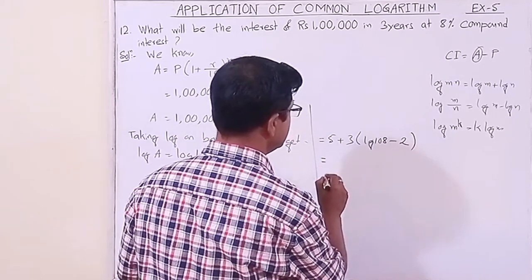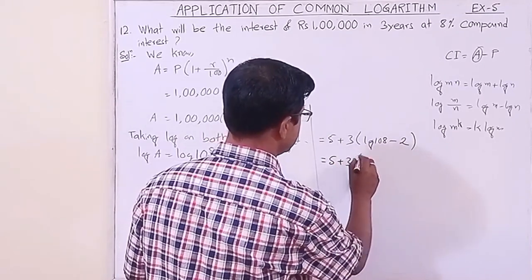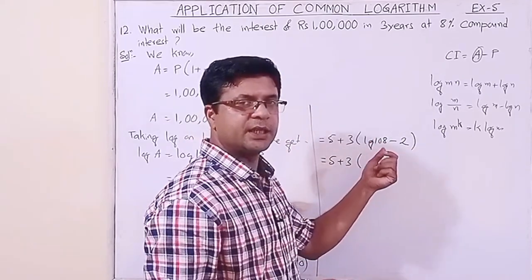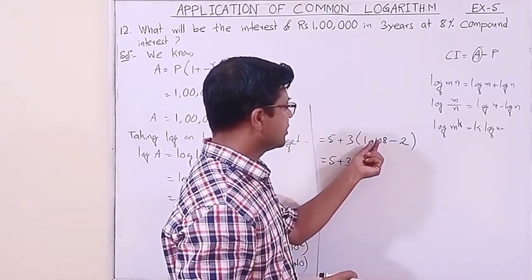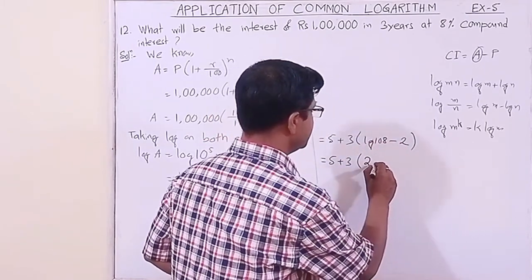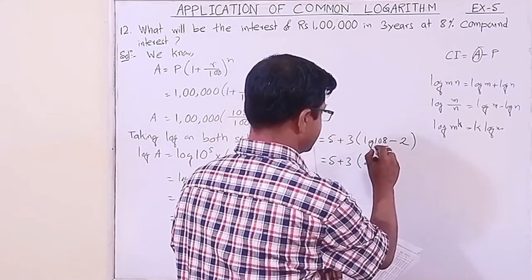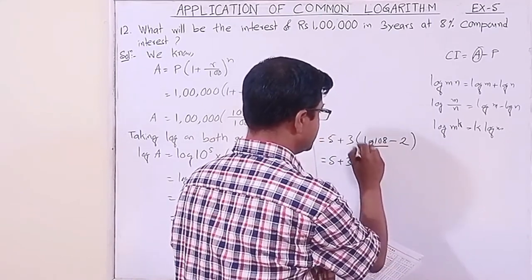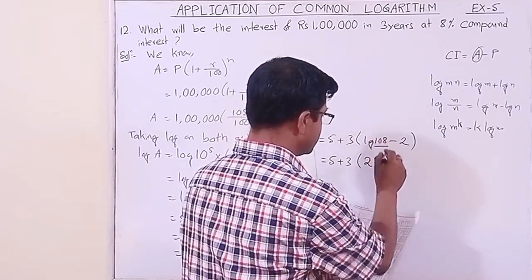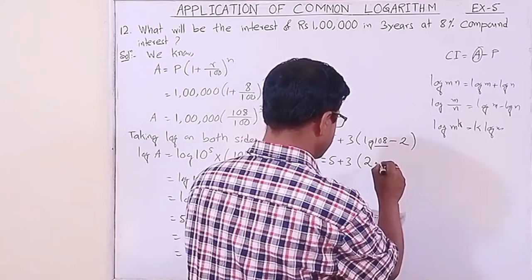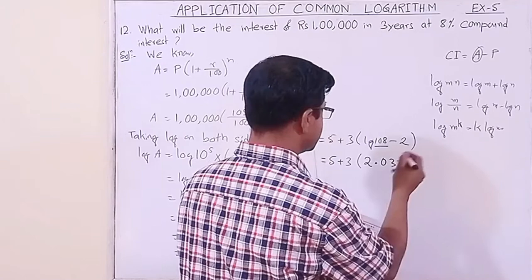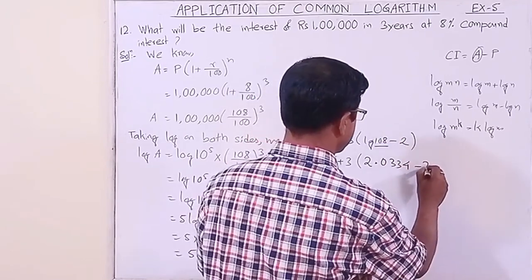Now we go to the log table. Here we wrote log 108. See, how many digits are there in 108? 3, so the characteristic is 3 minus 1, that is n minus 1, 2. For three digits the characteristic is 2. Now first 10, then the row for 8 gives 0334. There is no mean difference digit, so minus 2.